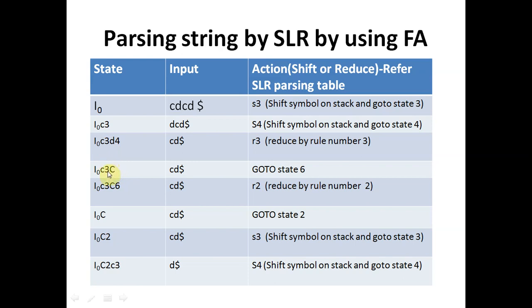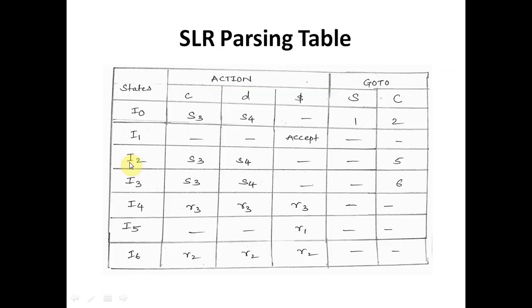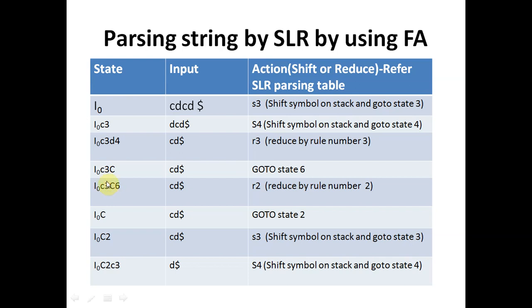Now you are in the third state and your finite automata is receiving capital C. So third state on capital C, what is happening? We go to the goto part, which gives capital C. The third state on receiving capital C makes a transition to the sixth state. That is written here, that we were in the third state, go to sixth. So just the state transition is changed, no action part of the table is considered.